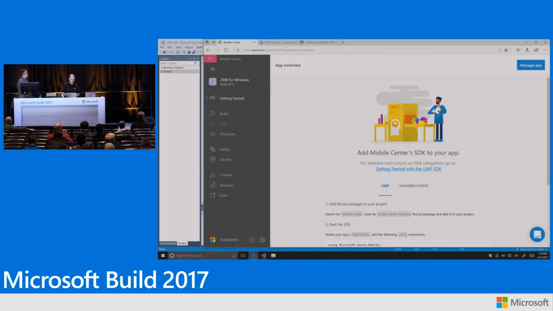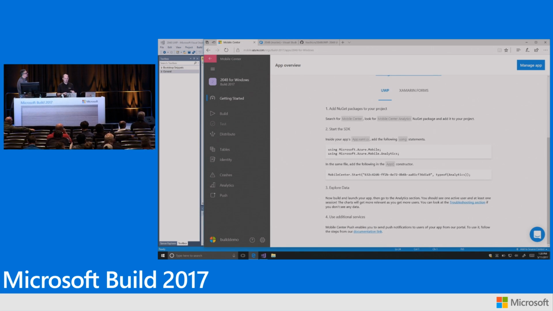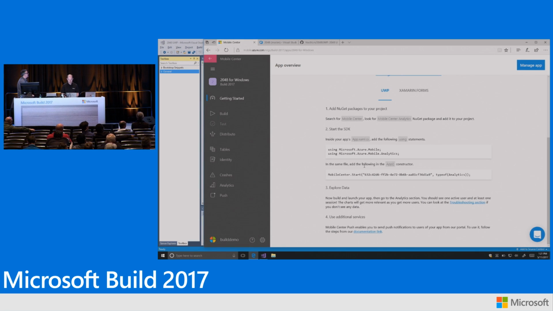So if I go back here into Getting Started, we actually give you right on the Mobile Center Getting Started page everything you need to set up the app for the Mobile Center SDK. So you can see here the first step is to add the NuGet package. I already did this here in my Visual Studio solution, so I don't need to do that again. I don't need to wait for the NuGet download. And then I need to copy and paste 3 lines of code into my